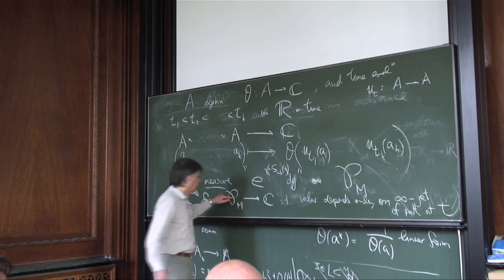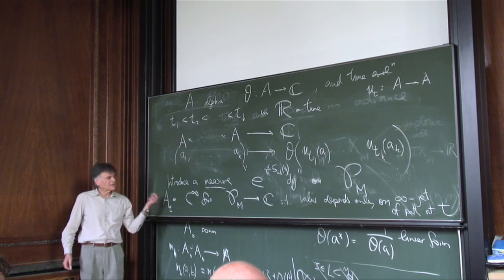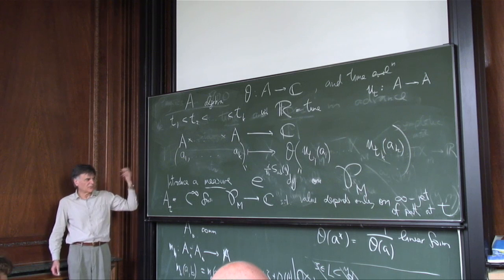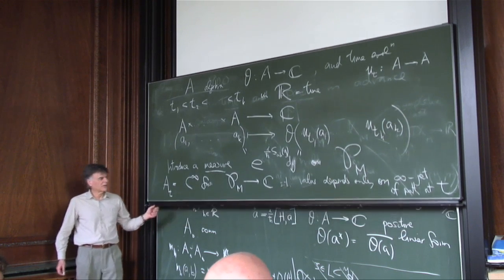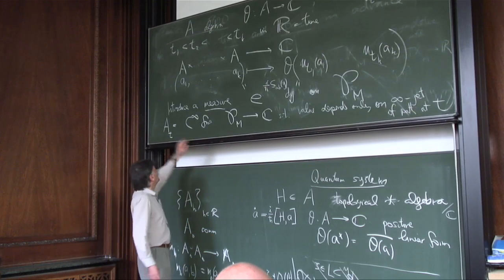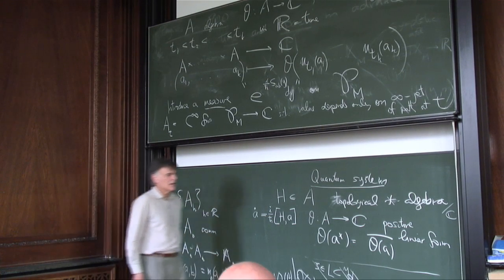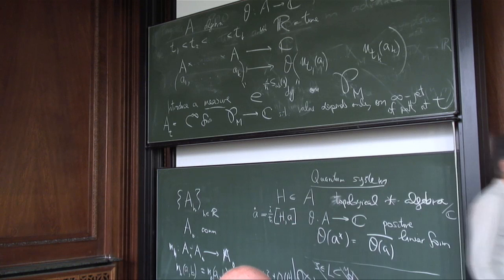So this is a path in the configuration space. Let's consider functions of that path which just depend on where it is and how fast it's moving, how fast it's accelerating and so on at t. Now of course, by translating in time, these things are canonically isomorphic for all t. So we can now